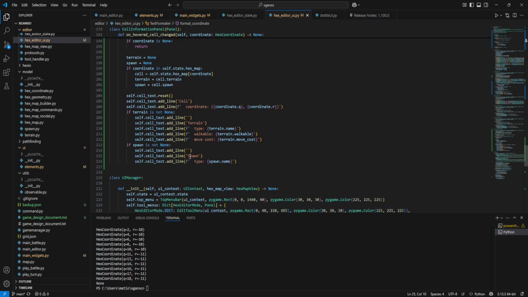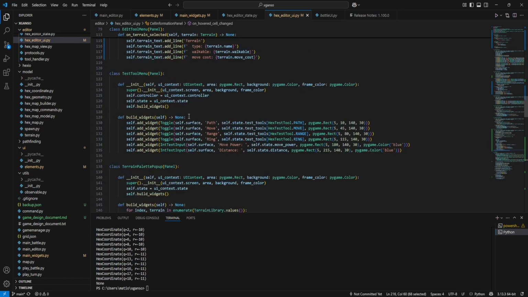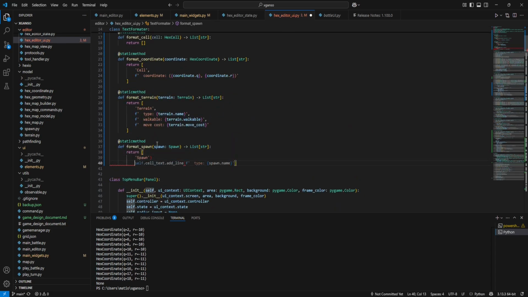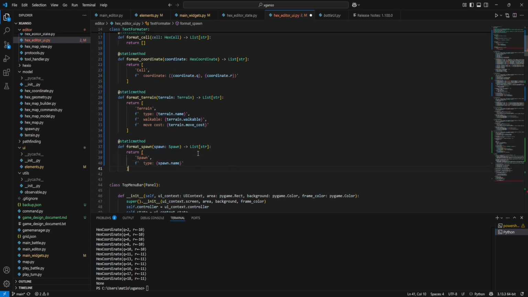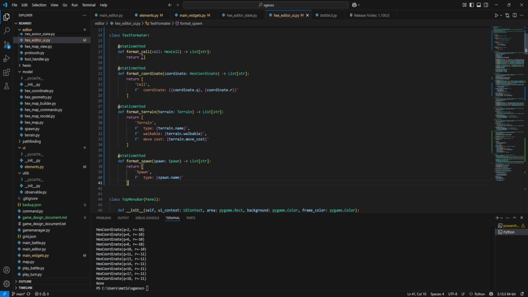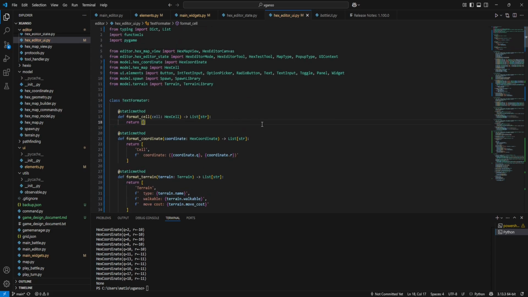Perfect. And the spawn, perfect, and the format cell is going to return